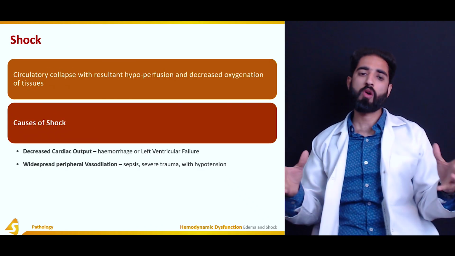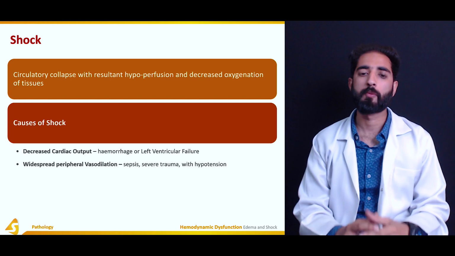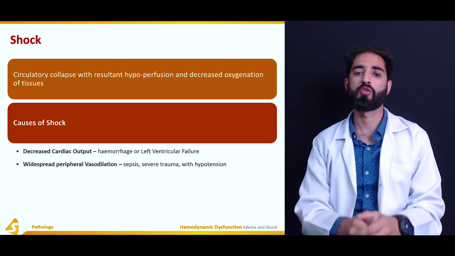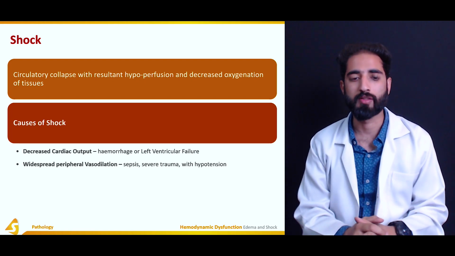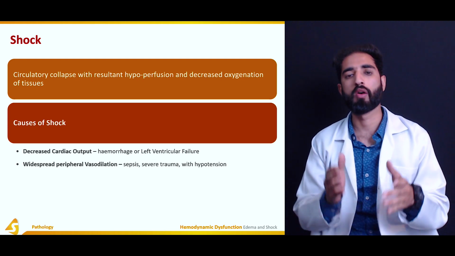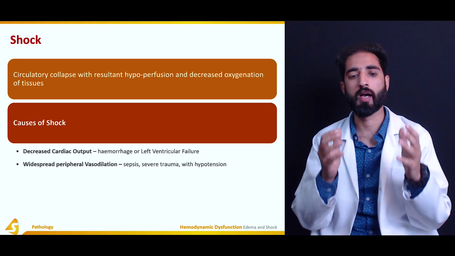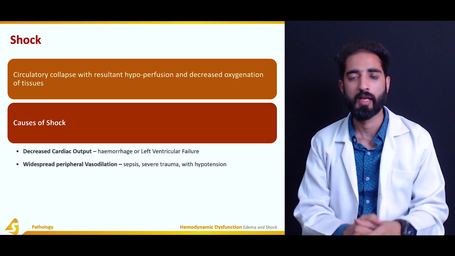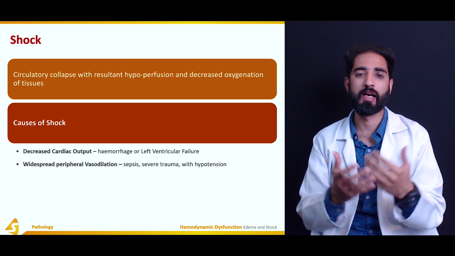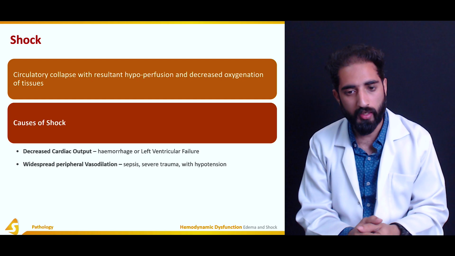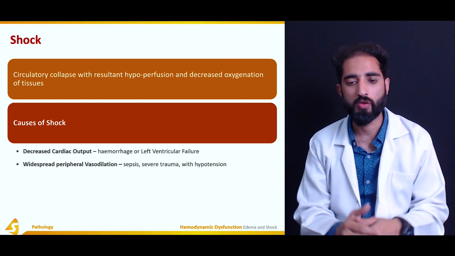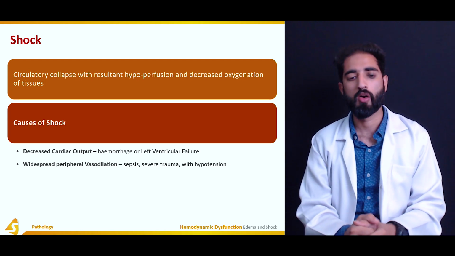Now, shock. What is shock? Shock is circulatory collapse with resultant hypoperfusion and decreased oxygenation of the tissues because of decreased or impaired blood supply to the tissues. What are the different causes? The causes are either decreased cardiac output because of hemorrhage or left ventricular failure, or it can be